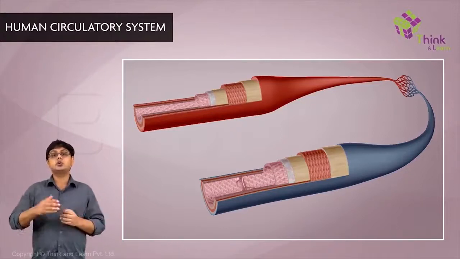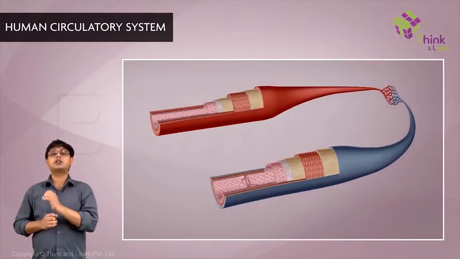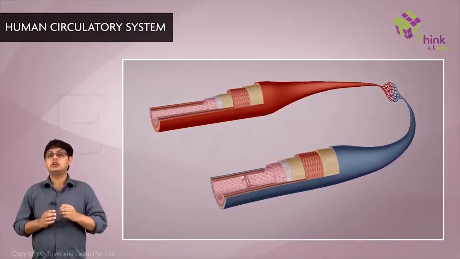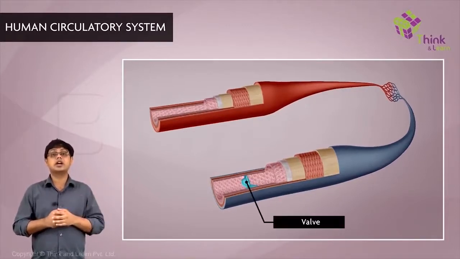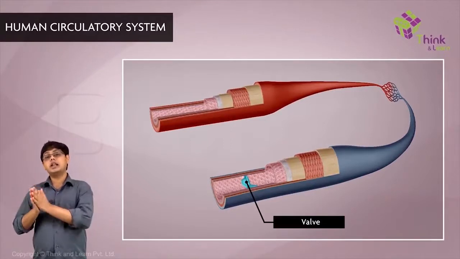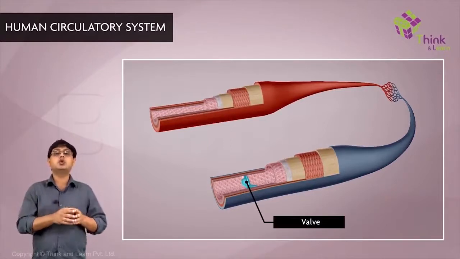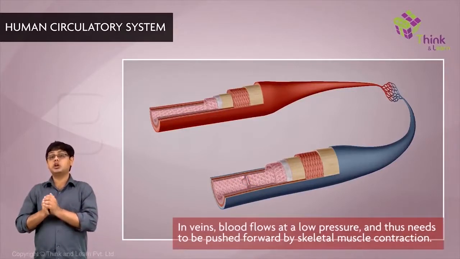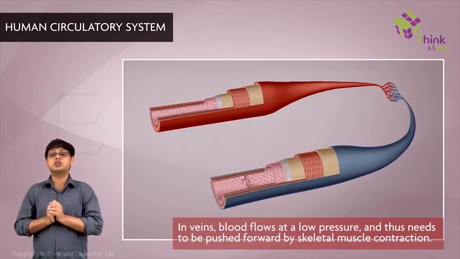Obviously, arteries and veins carry blood at far different pressures, so the structure of their walls differs slightly. Veins have valves to direct blood flow because, unlike in arteries, blood is no longer pushed forward in a high pressure system. It is under lower pressure and has to be pushed towards the heart by contraction of skeletal muscles as well.